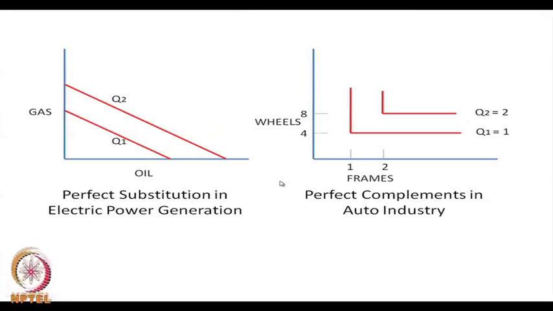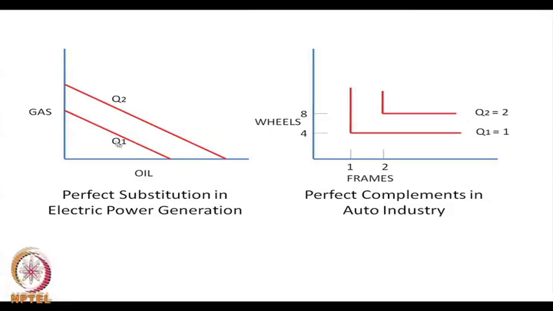Now, let us see how substitutions happen in complements and in other cases. Now, this is a case of perfect substitution. An example that we have taken is electric power generation. In electric power generation, it can use either oil or it can use gas. Now, here the isoquant curve is basically a straight line, and for a higher value of electricity generated, it is